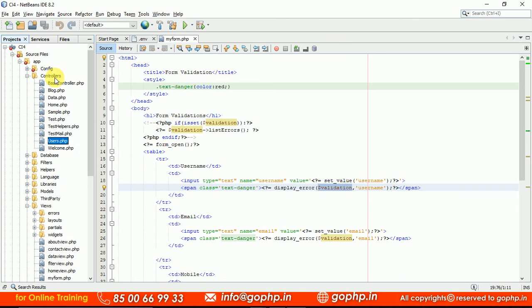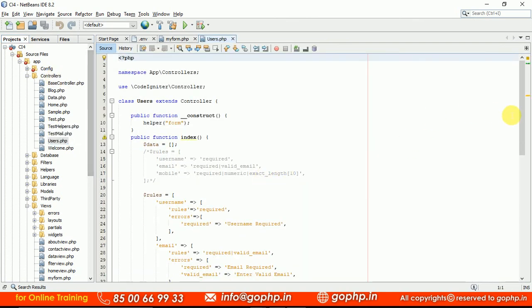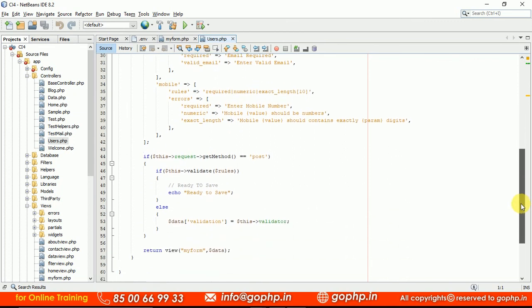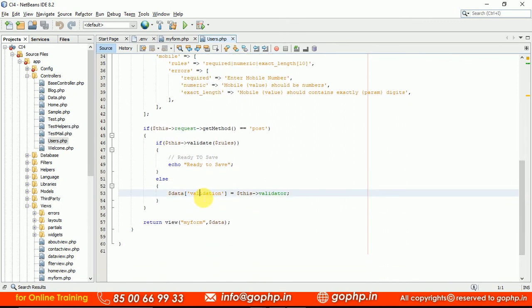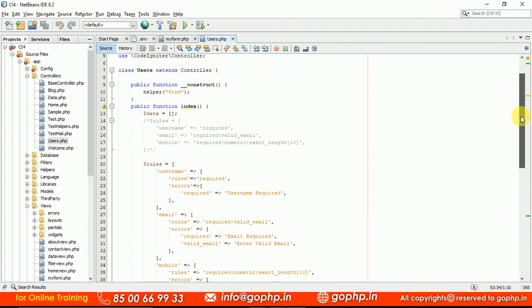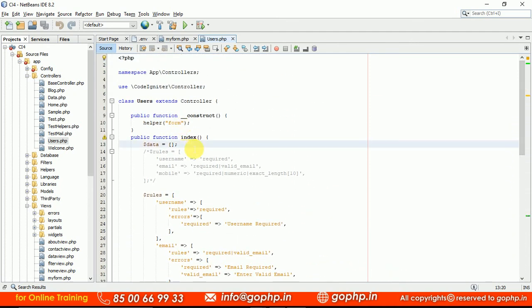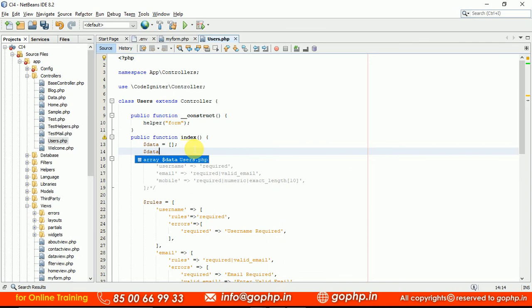In this users controller, we are passing it, I believe. Can you see here we are passing the validation variable, right? But in this situation, before the form is rendering, we have to pass the data variable with validation equal to null. So let us take an associative array, a key value pair combination. This is going to be a null value. Don't give empty, just enable the null value.